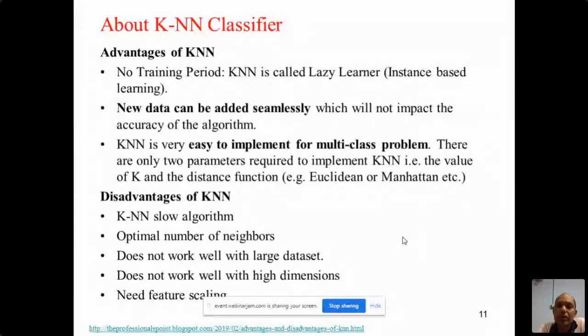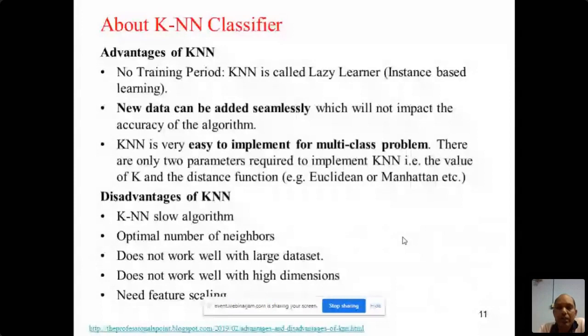If the number of data points is very large, calculating the distance from the new data point to each data point in the training data set is a very time consuming, complex process. Also, if the dimensions in the data set are very high, finding the Euclidean distance again becomes very complex and time consuming. That's why it does not work well with a large data set where the number of instances is large.